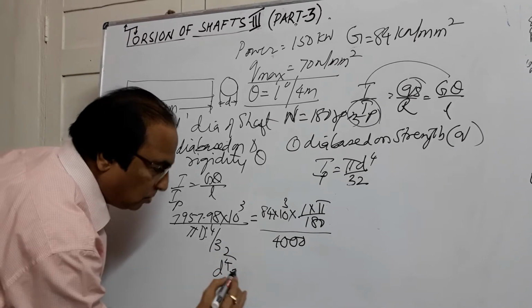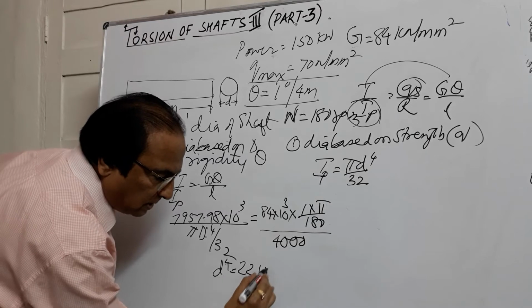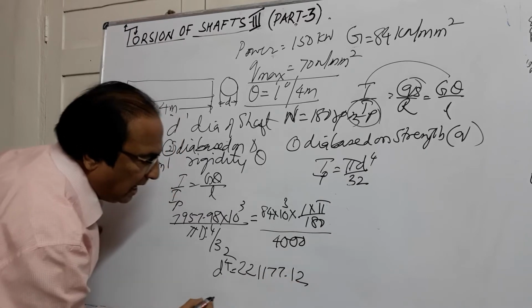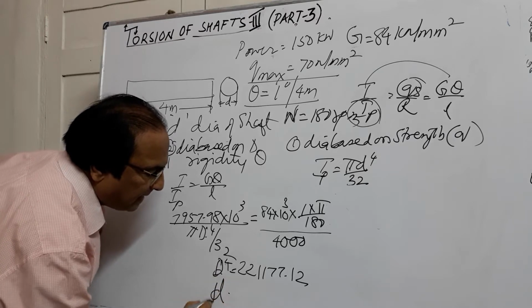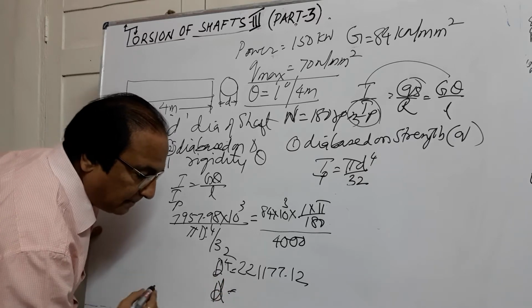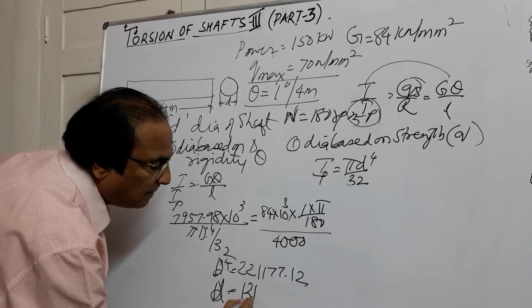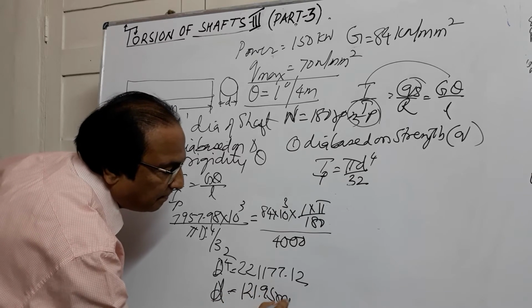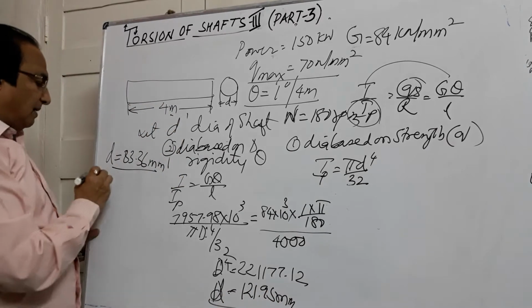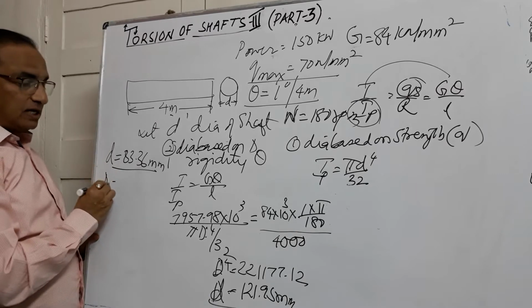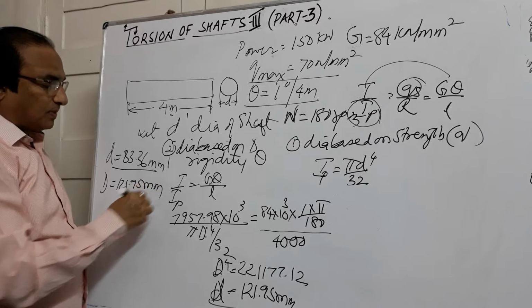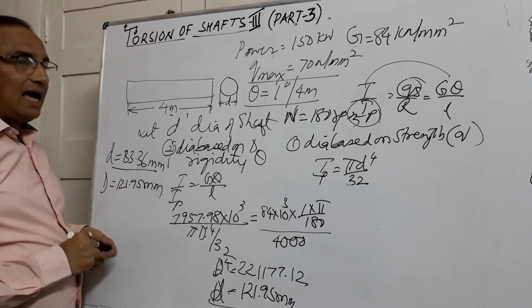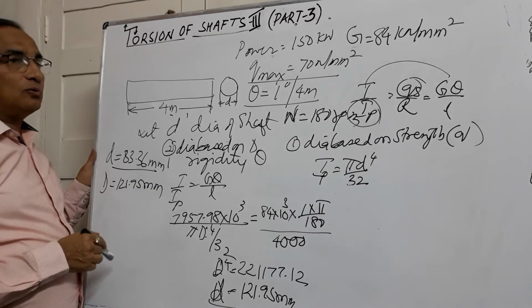This will be equal to 22117.12, and if you simplify for d, capital D I have taken, so this capital D will be equal to 121.95 mm. Now we have two diameters, one based upon shear, the other based upon the angle of twist. So you will have to decide which diameter of the shaft you will have to